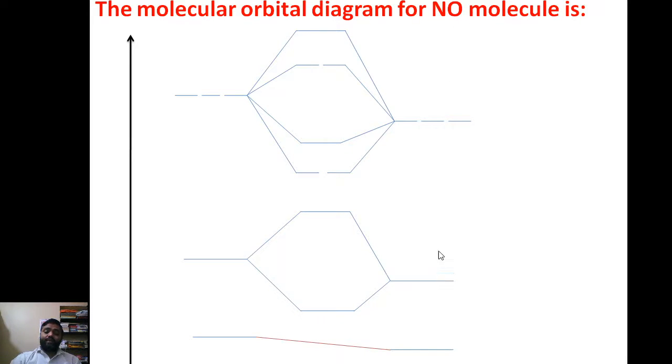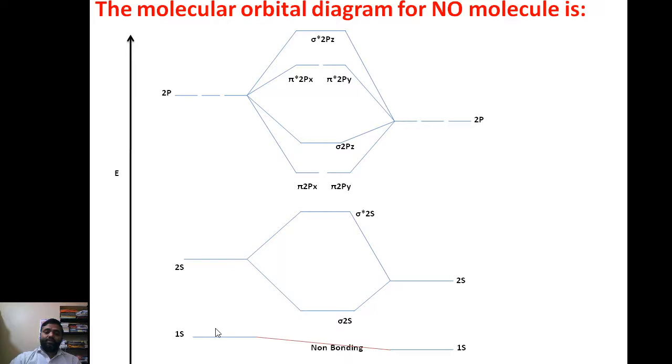The more electronegative atom lies towards the lower energy level, and the higher electronegative atom is towards the bonding molecular orbital, also towards the lower energy level. The less electronegative atom is towards the higher energy, towards the anti-bonding molecular orbitals. For energy, you can take the 1s orbital, 1s orbital, 2s orbital of nitrogen, 2s orbital of oxygen, 2p orbital of nitrogen, 2p orbital of oxygen.